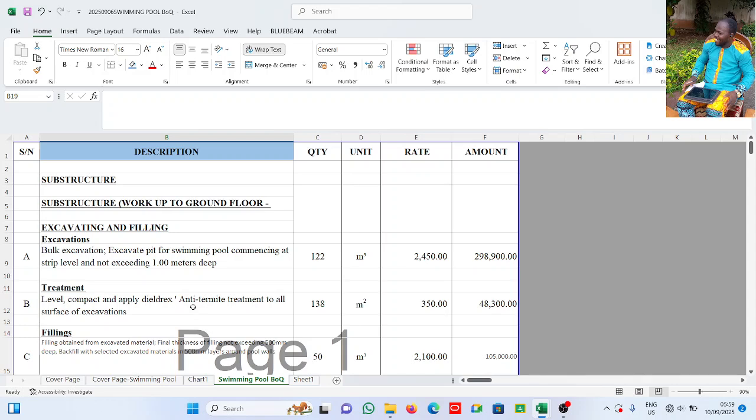And the second, I want to show us how to apply color to our Excel worksheet tab. Alright, and number 3, I want to show us how to move an Excel sheet from one workbook to another. Now, these are the 3 things I'll be putting us through in this video, and I want to be as